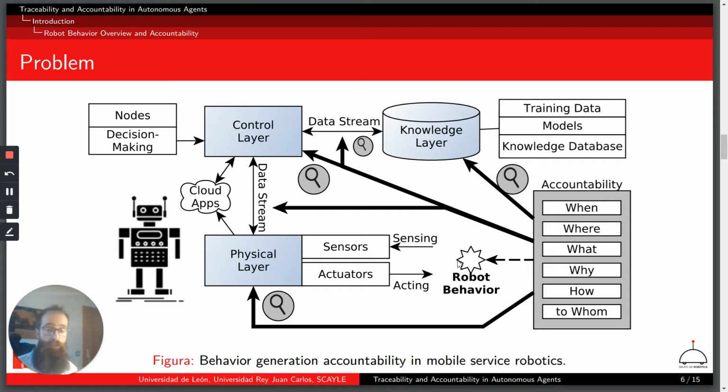usual approaches like sensors and actuators logs from different firmware components or low-level drivers are providing maybe too raw information to be able to infer the high-level decision that provoked that the robot behavior was generated. Okay, so for this reason, we need to check in different points where or what is happening in order to be able to say why that behavior was generated.